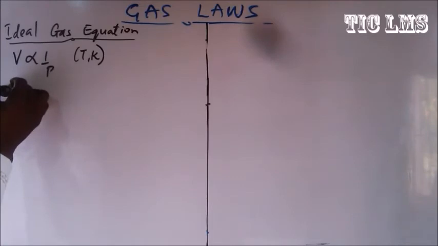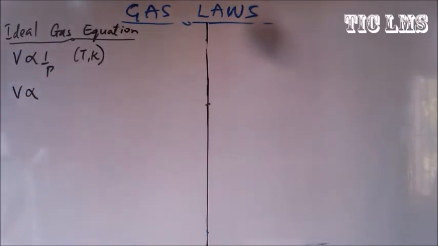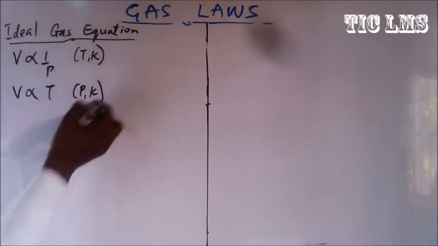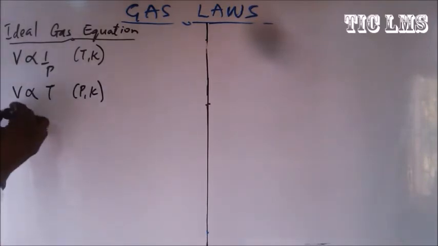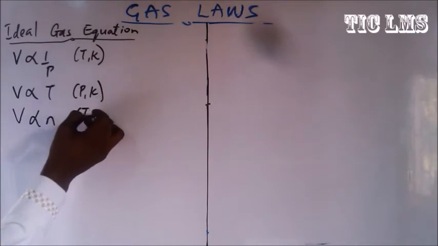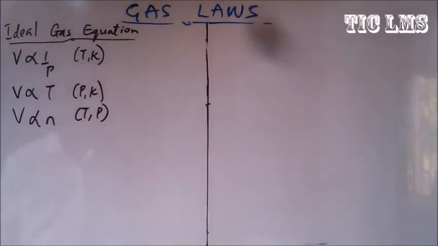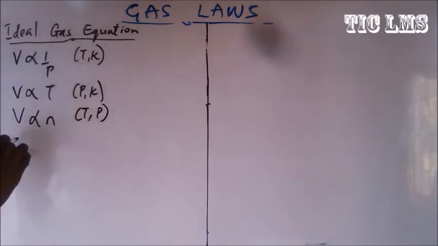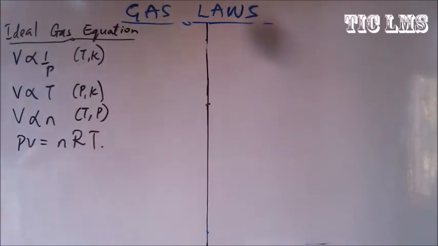And then we have Charles's law, which says that V is proportional to the temperature, having that pressure and n as constants. And then we have Avogadro's law, which says that volume is proportional to the number of moles, having temperature and pressure as constants. And so this equation is combined and we arrive at PV equal to nRT, where P